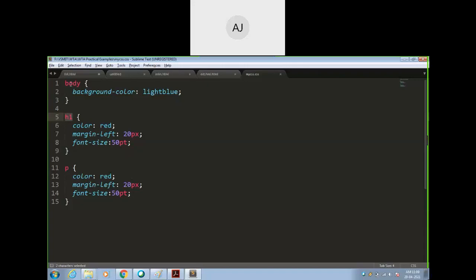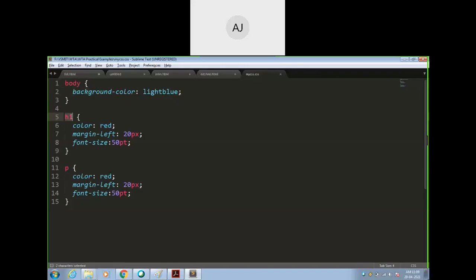When body is there, background will be white, text color will be black. Is it okay? And when you write the CSS for body, you are overwriting that background color, changing from white to light blue. Is it okay? Then again, if you have some nicknames that your parents and friends call you, no. Yes, so that is what this is.